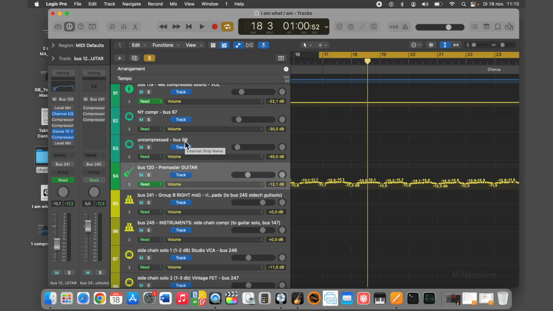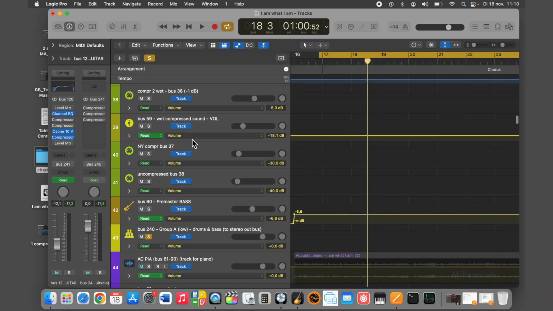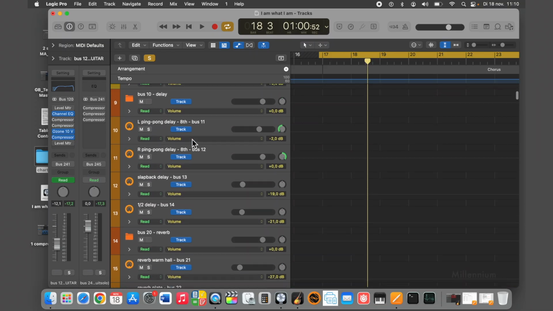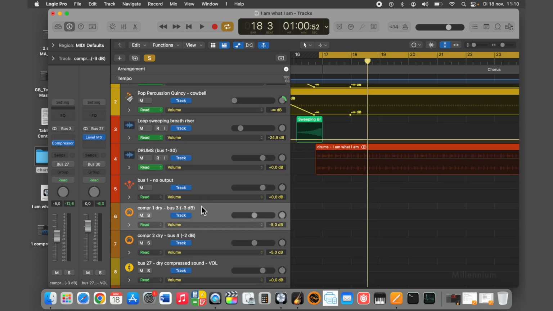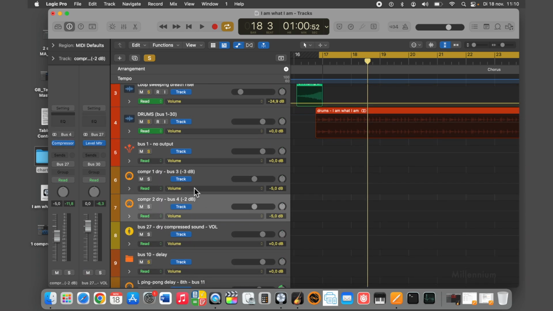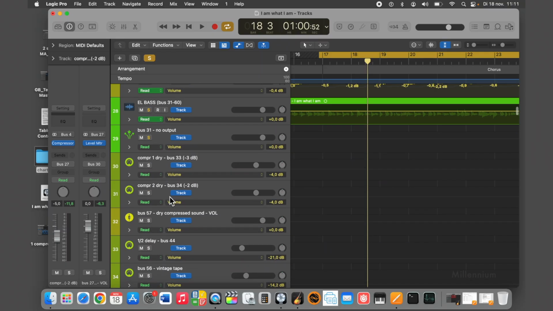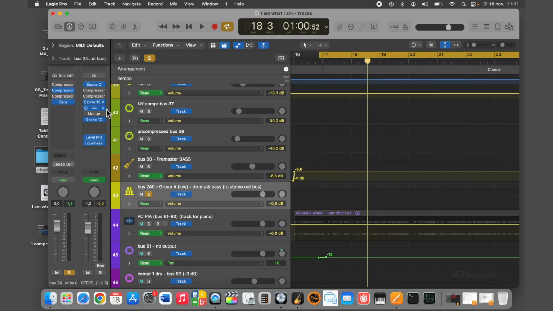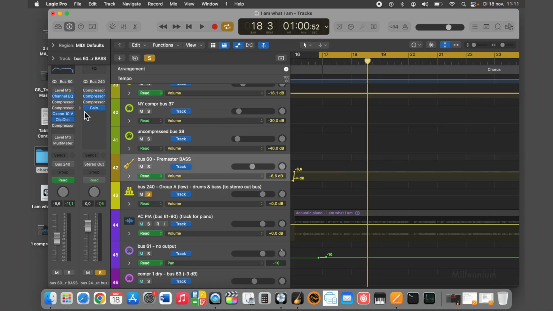This is also something that was done by Michael Brauer. He is an interesting man because he invented that parallel split that I showed you. That's the first subject I had, that you have two compressors in parallel, one concentrating on the attack, the other concentrating on the sustain of the sound. And he is also the one that said, I want to glue together the instruments with approximately the same frequencies into a bus